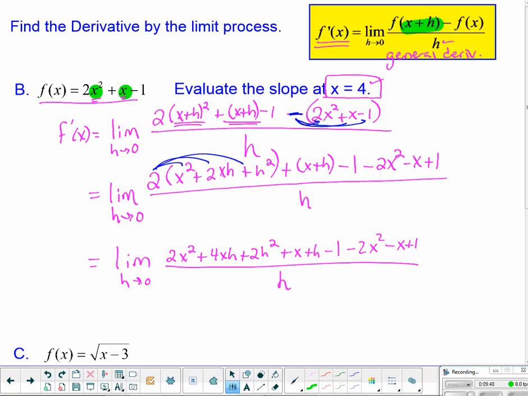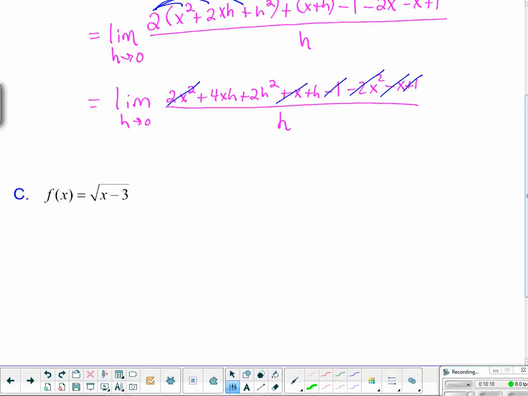Now take a pause and take a big look at this. We have some positive and negative offsetting each other. Negative 2x squared plus the positive 2x squared makes 0. A negative x with a positive x, backwards, that gives me 0. A negative 1 with a positive 1 gives me 0. And we've got this down, so we just have a few terms now. So rewriting this,